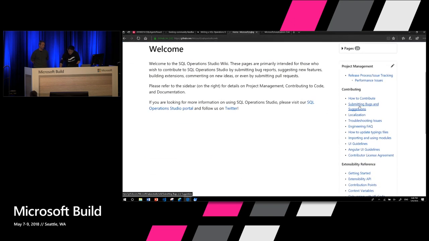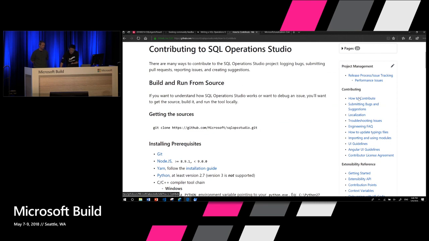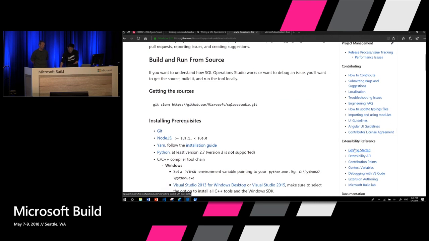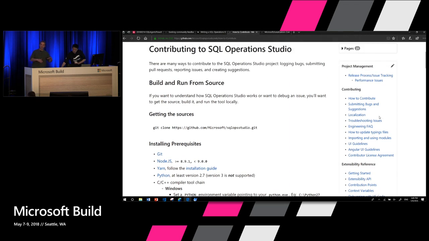If you want to get started in terms of contributing to SQL Operations Studio, you can learn by following these instructions here. We also have getting started for extensibility. And we try to keep this documentation updated, so feel free to check this out. Again, we're trying to document and support everything as we go. Unlike some of the challenges we've had in the past, where we build a ton of code and then other people try to document things and the APIs don't match exactly what was documented, or those seem to be separate releases,